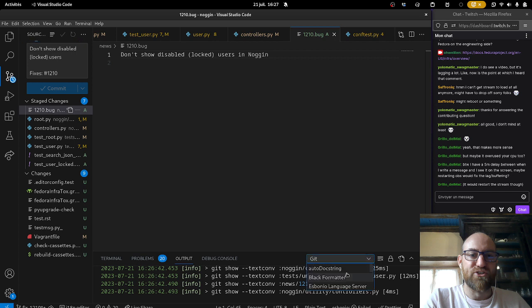It should be somewhere here. Or is it in problems? It's not in problems. It should be in output. And I think it's in the Git output, but I don't see it here.